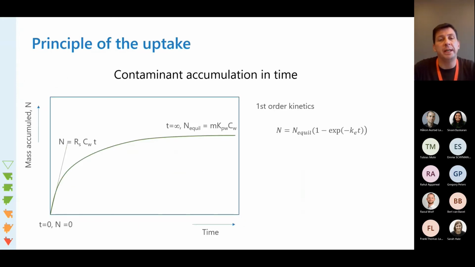So in terms of the uptake, this is a general curve of contaminant accumulation over time into a passive sampler. To start with, the concentration in the sampler or the mass accumulated increases proportionally to the concentration in water. And then if a device is left for a sufficiently long period of time, then you will reach this form of equilibrium